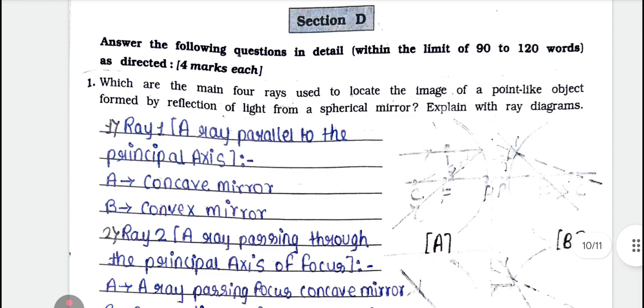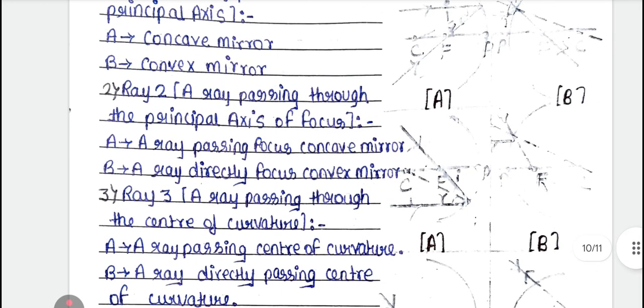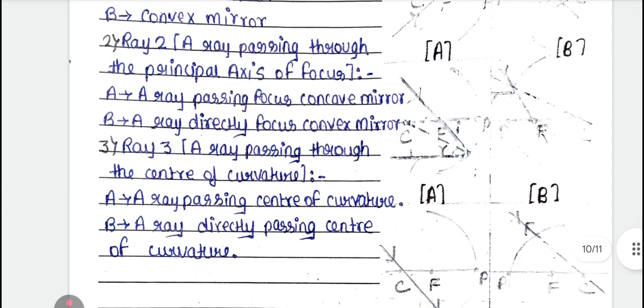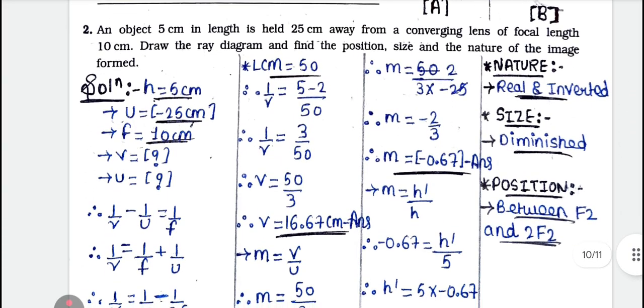सेक्शन D, तो यहाँ पे आपको रेज यूज्ड टू लोकेट इमेज ऑफ पॉइंट ऑब्जेक्ट बाय द रिफ्लेक्शन ऑफ लाइट। तो फर्स्ट ऑफ उन्होंने बताया कि रे अगर पैरेलल पास होती है तो कॉनकेव में आफ्टर रिफ्लेक्शन क्या होता है, फोकस में से पास होगी, जबकि दोनों में फोकस में अगर प्लेन रे स्ट्रेट रे जा रही प्रिंसिपल एक्सिस की तरफ, तो कहाँ से होगी, स्लांट हो जाएगी फोकस में से। सेकंड, अ रे पासिंग थ्रू द प्रिंसिपल फोकस, अगर कोई रे प्रिंसिपल फोकस में से पास हो रही है तो आफ्टर रिफ्रैक्शन क्या हो जाएगा, प्रिंसिपल एक्सिस के पैरेलल हो जाएगी। थर्ड, अगर रे पासिंग हो रही है सेंटर ऑफ कर्वेचर में से तो उसका रिफ्लेक्शन भी आपको सेंटर ऑफ कर्वेचर पर ही मिलेगा।